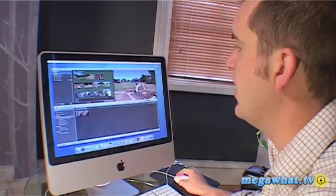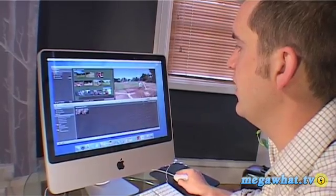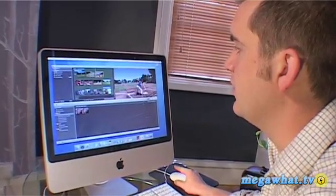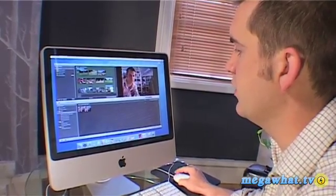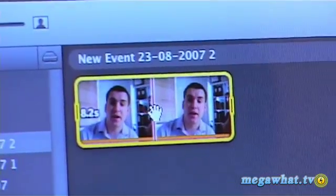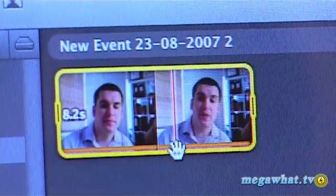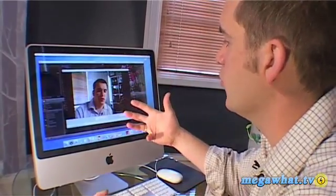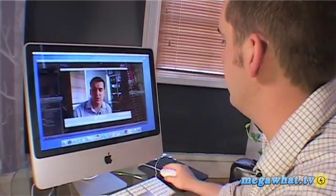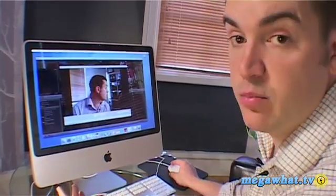Now it's very easy to move files around. We can just select an area here and then move that up to there. We took a picture of us earlier just testing it, so we can select what we want to take there and just drag it up. And they've really tried to make it a good drag and click offering. Using the iSight, you can of course record straight in there, so let me just do a quick record here. And you just need to press the capture button,